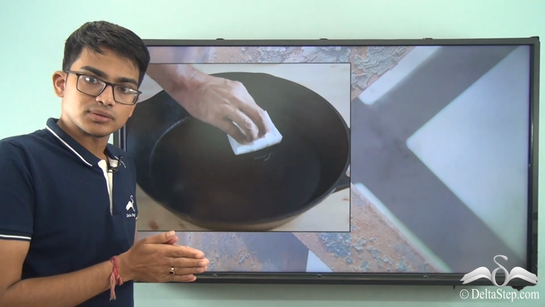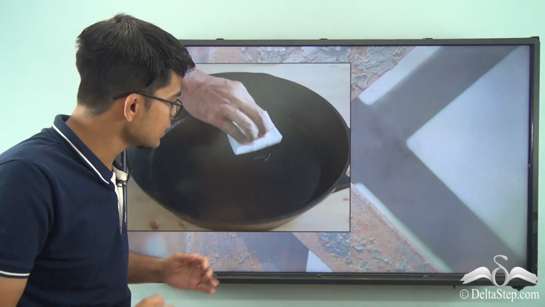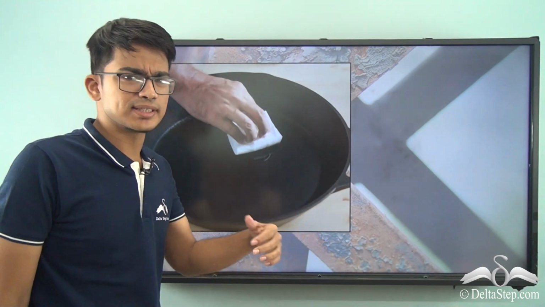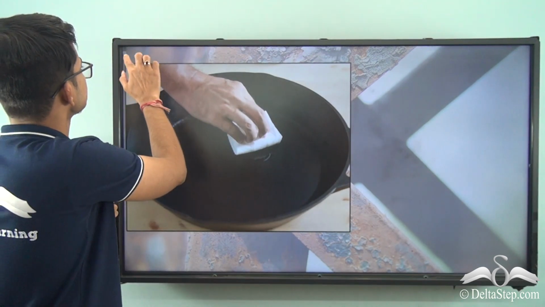Try to see this picture. This is of an iron utensil, right? You can see it's an iron pan and it's very fresh. Okay, it's cooked every day. Something is cooked on this every single day. But now,